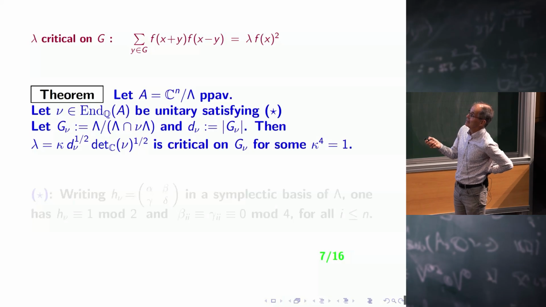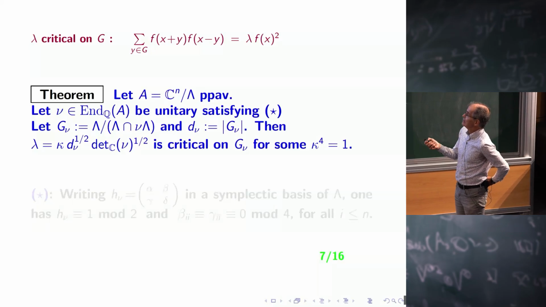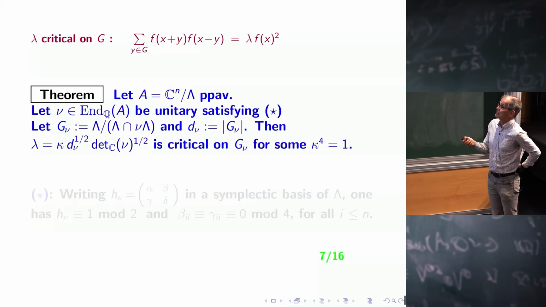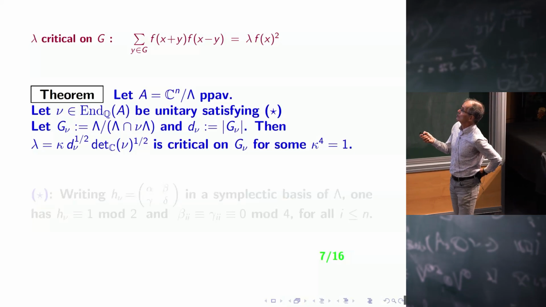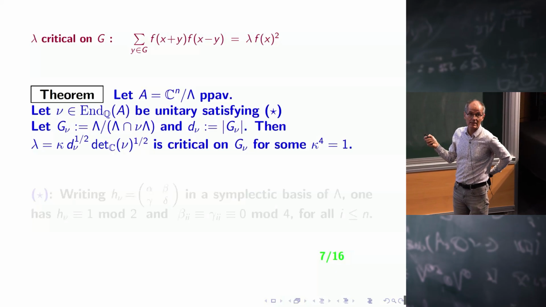So lambda intersection nu lambda will have finite index in lambda. So you can construct this finite Abelian group G nu, which is lambda over lambda intersection nu lambda, and which has some cardinality. I call it d nu. And then the theorem is, under some star assumption, which is a congruence mod 2 assumption that I will explain,